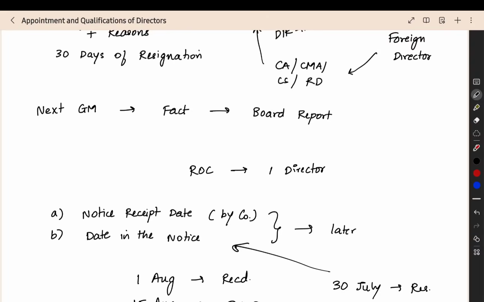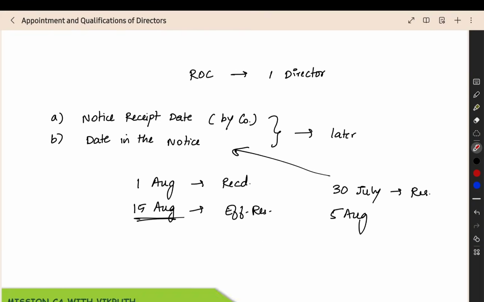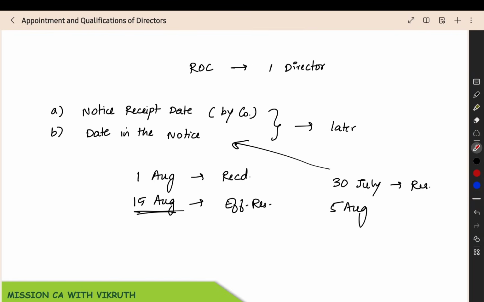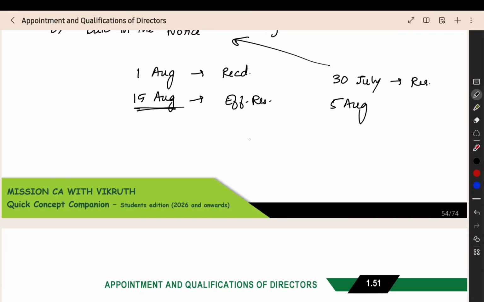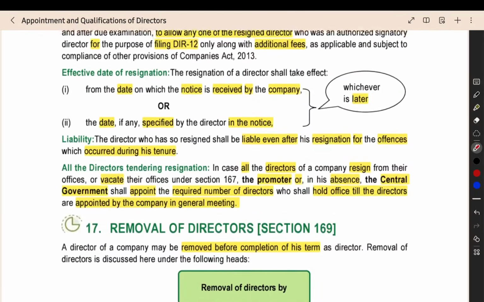And one more thing, after the director resigns, will there be any discharge of liability? Will the director be absolved of all the liabilities? No, that is not going to happen. For the period in which that person is a director in the company, for all the actions in that period, the director will also be responsible. Even though he is not a director currently, for the period in which he was a director, for those actions, the director will remain responsible.